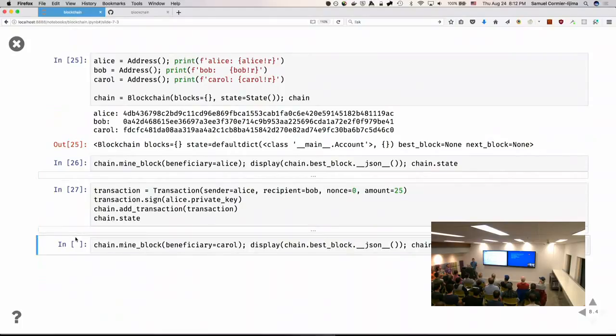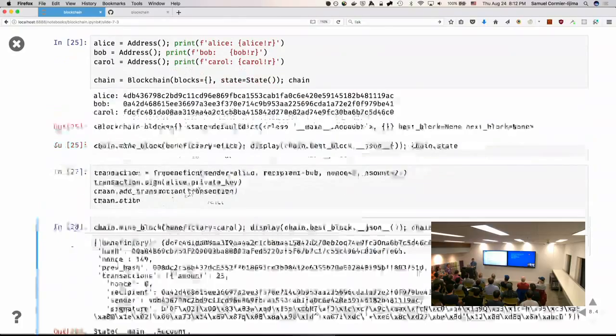So the way that would happen is you would mine this block, and for this we'll make the beneficiary Carol in this case. And so once this block gets mined,